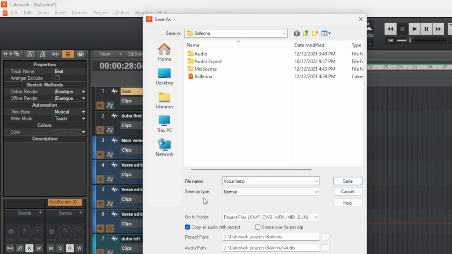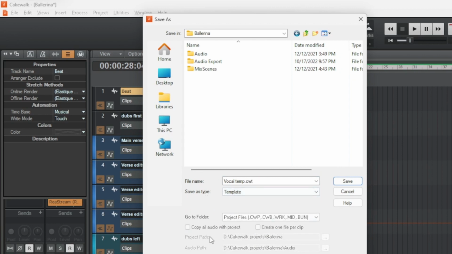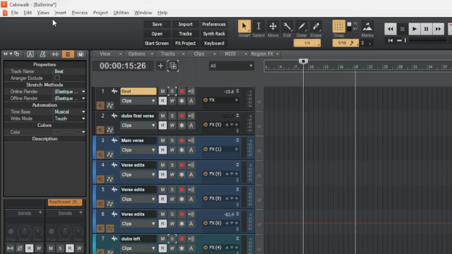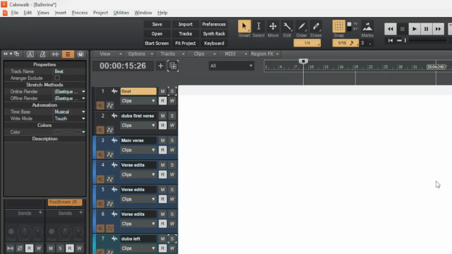Under Save As type, you're going to save it as a template type, and then you're going to have it route to the template folder, and then you'll see all the other templates there. And then when you go ahead and save that, which I'm not going to do, but once you save that, when you go back to your start screen